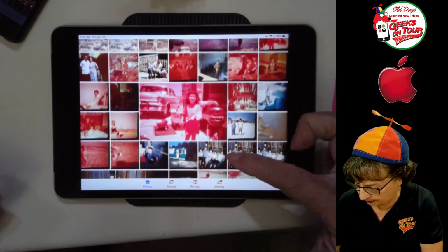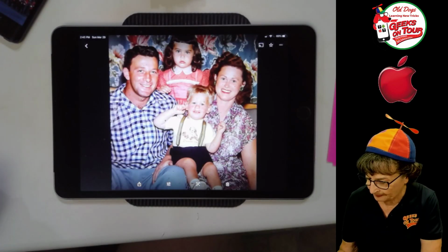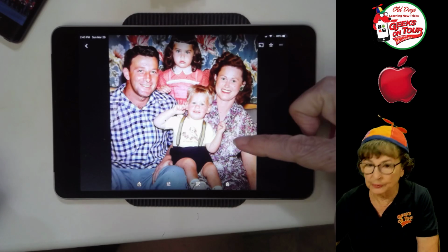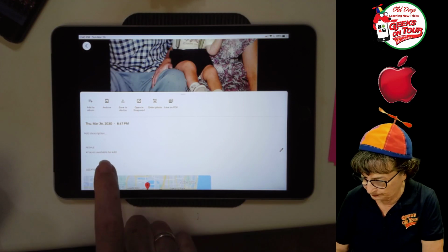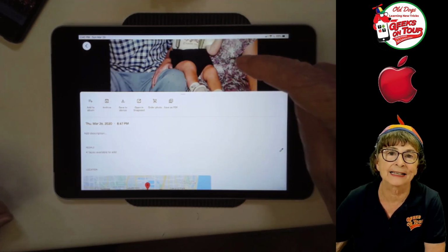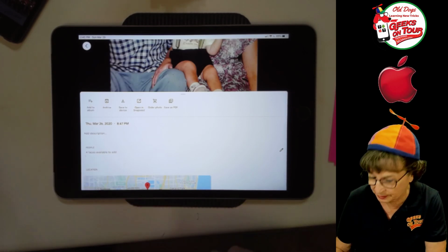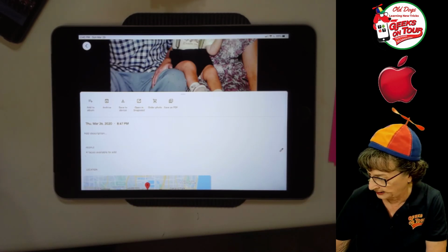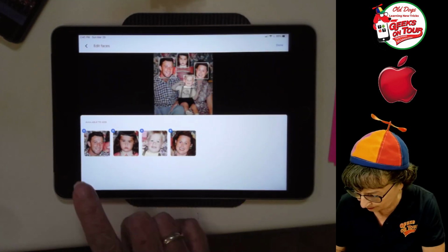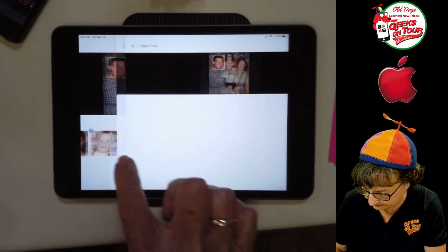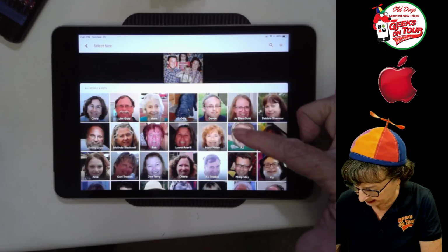So I'm going to go to my favorite one of Jim's family. And what you do is you swipe up and people. See, so it has not identified these people. It has not marked the faces, but it says there are 4 faces available to add. Tap the pencil and it highlights them. So cool. I can add that one and say that is